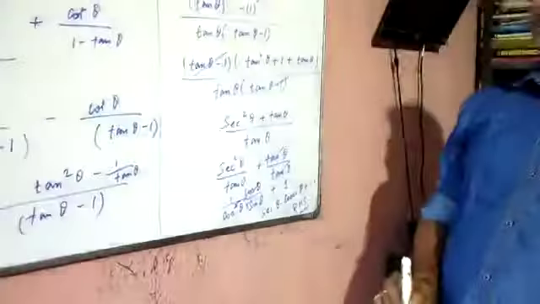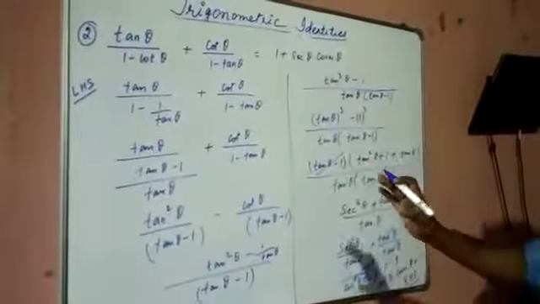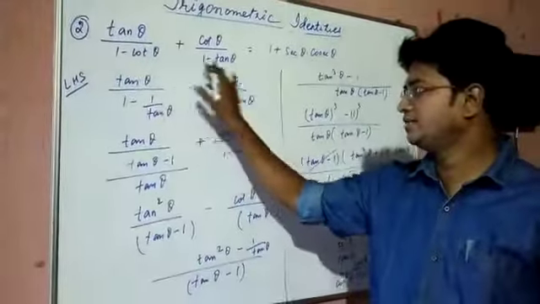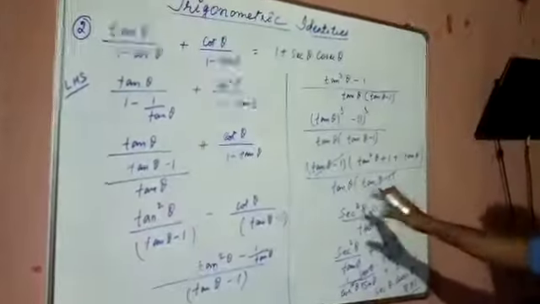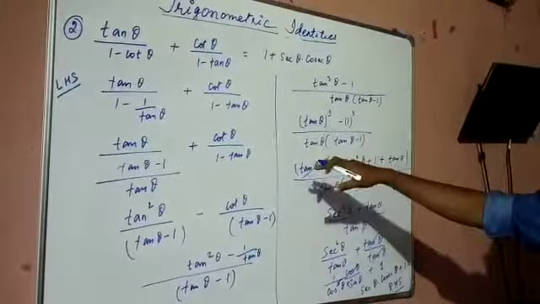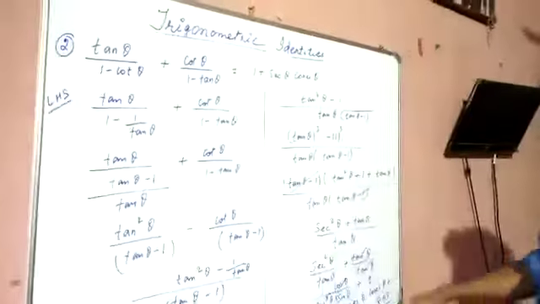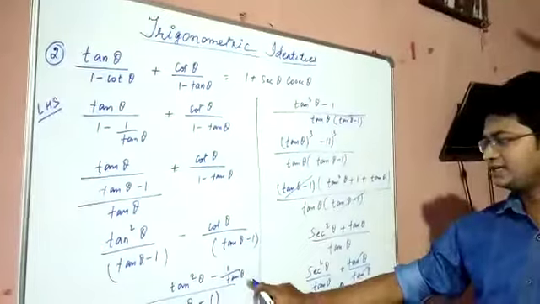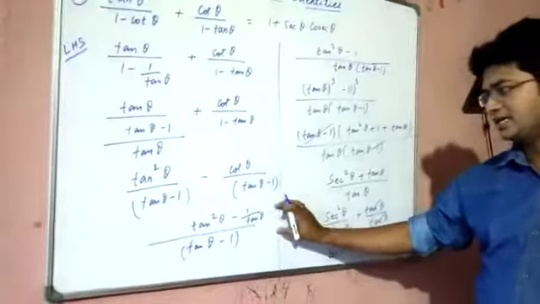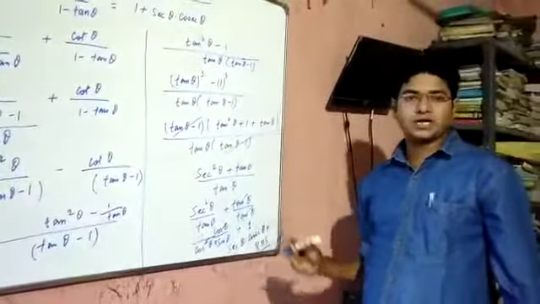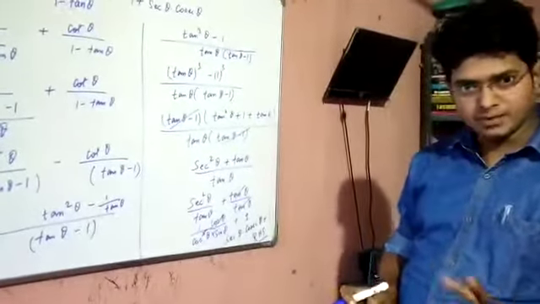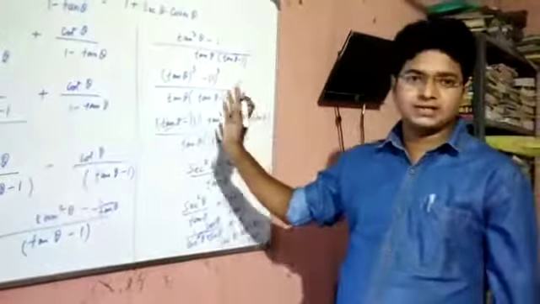So what we have done, we have broken this question into 3 steps. First step, we made the denominator the same by taking LCM. Second step, in the numerator, since it was cot theta, we wrote cot theta as 1 by tan theta, and after that we took a separate LCM for the numerator. And finally we broke it using the formula a cube minus b cube. If you remember these 3 steps, you will never commit an error in this question.